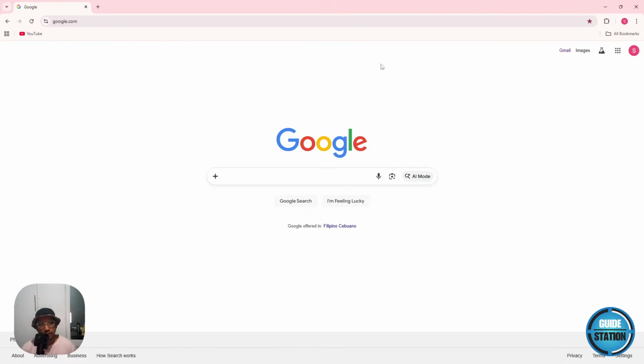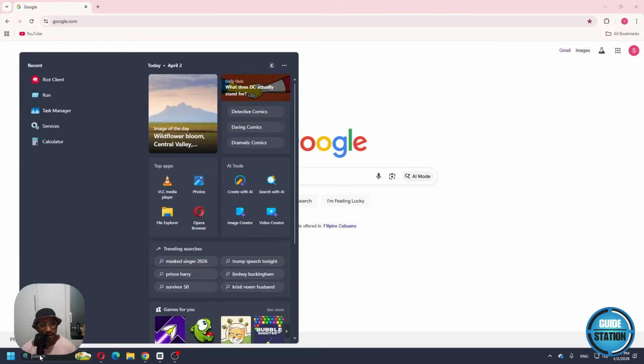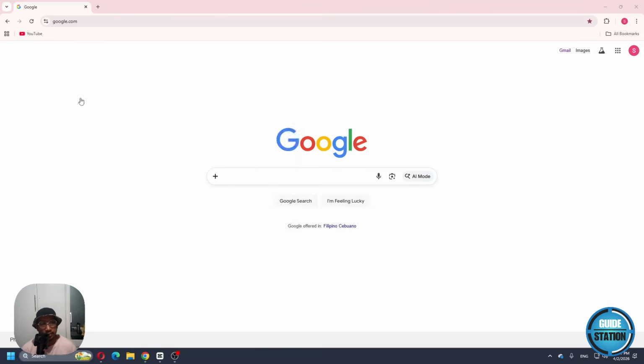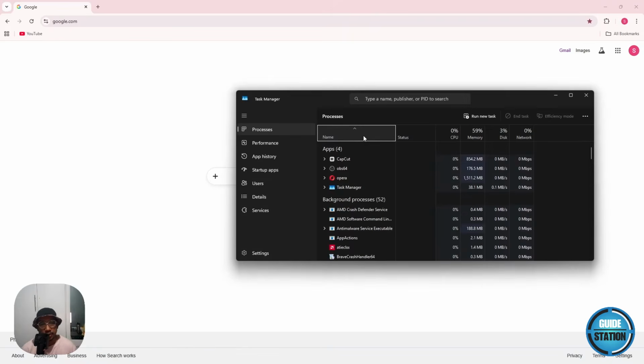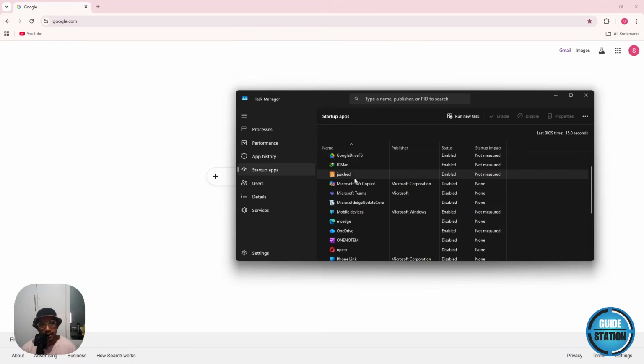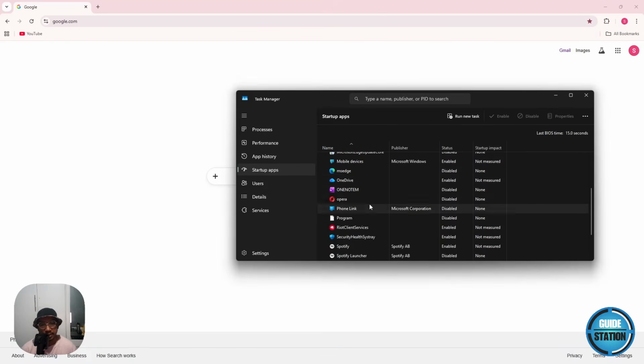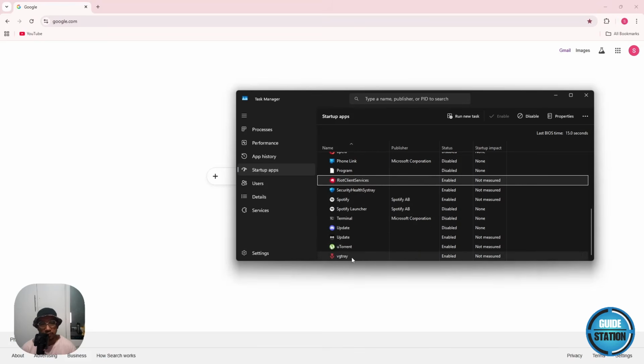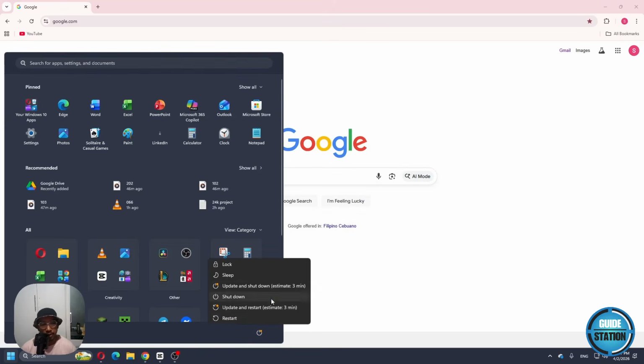So first thing that you will do is you could just simply go ahead and open up your task manager. And then over here, you could just simply go for the startup apps. Here on the startup apps, you could just simply find the Riot client services. So the reason why it is not working or you're having the error is because this one is disabled. So make sure to enable this one and also to enable the VG trait. Now once you have both of them enabled, you could just simply restart your computer and you should be able